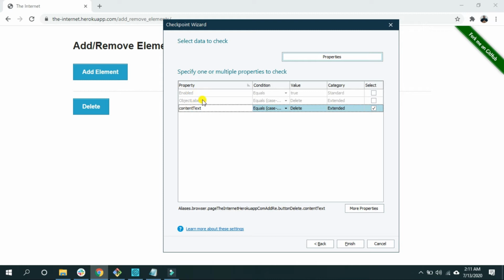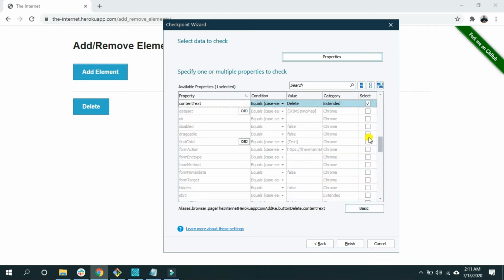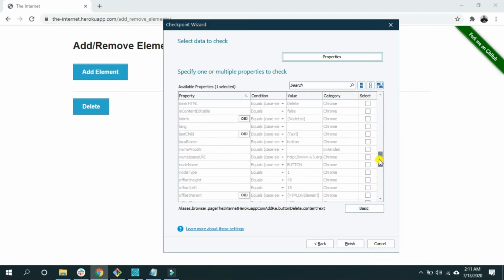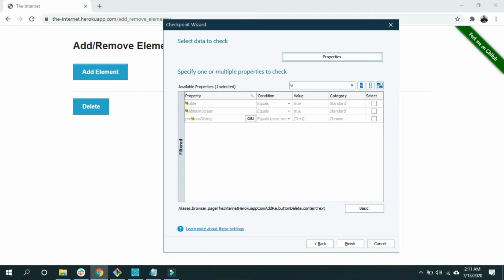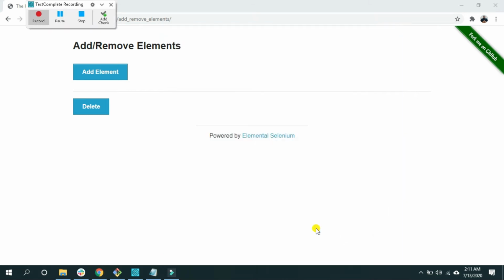By default it's not there, so I have to click on this More Properties button. Now I have this bunch of properties that I can use in my keyword test. I want to select VisibleOnScreen. This is the property that I want to use, so I'm going to select it and click on finish.